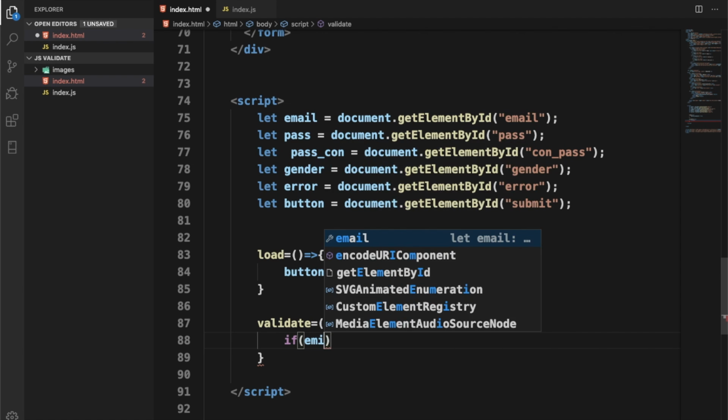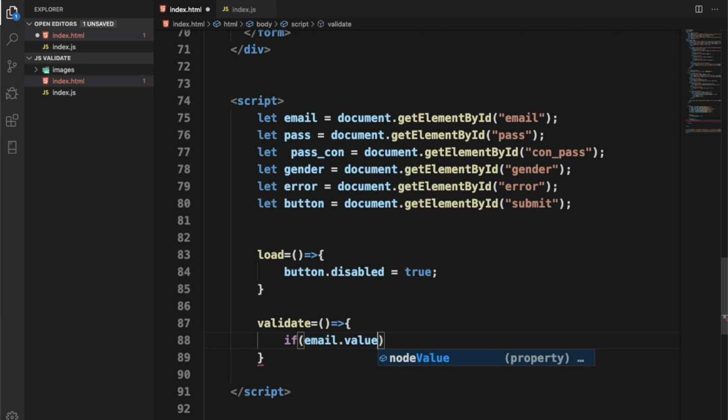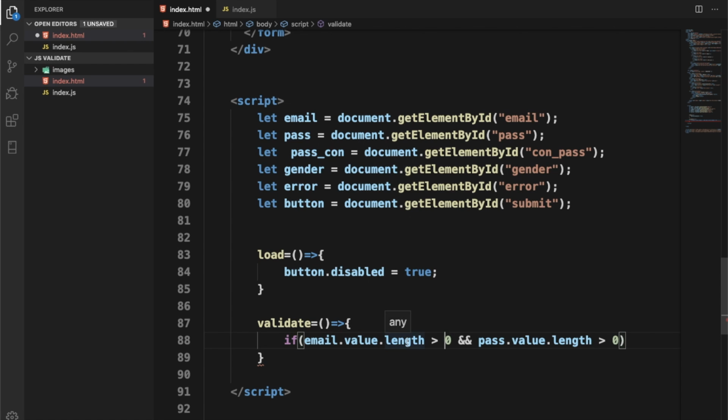So I'll say if email dot value, this dot value gets whatever is being typed in that particular field. Dot length checks how long it is. Is greater than 0. This is AND, the logical AND operator. Pass dot value dot length is greater than 0. Okay, so I'm checking if this field is not empty, this is what the statement means. Basically, if you get the value and the length is greater than 0, that means it's